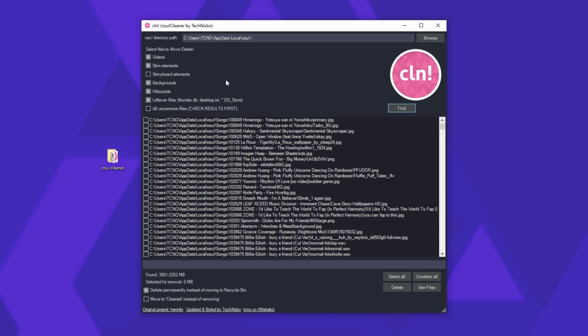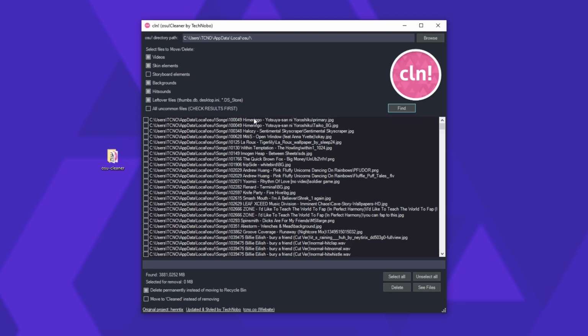Just for this video's example, I've gone ahead and added a whole bunch of songs that I'm more than happy to delete and then re-add afterwards to get the video backgrounds and the rest. That being said, if you are going to use this tool and you like certain maps with skins or whatever comes with them, but you choose to delete them from the rest of your songs, you'll have to re-download those songs afterwards,